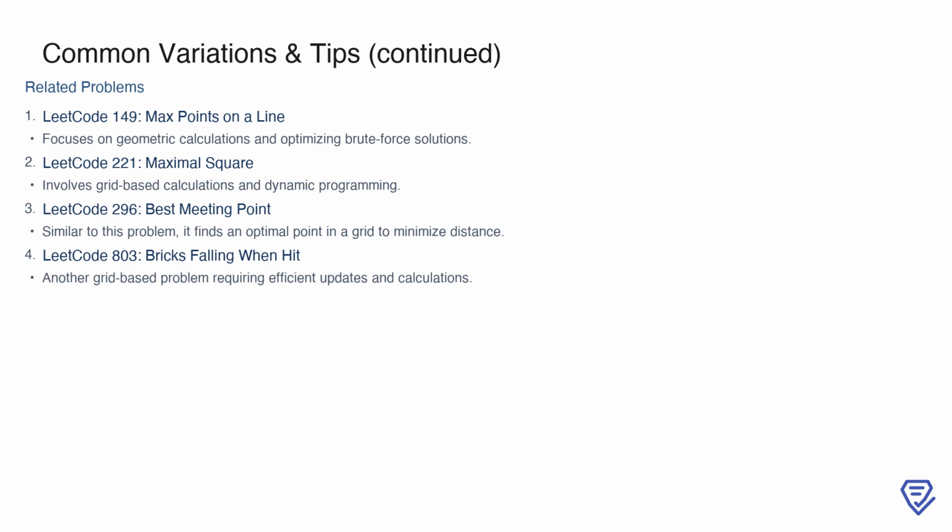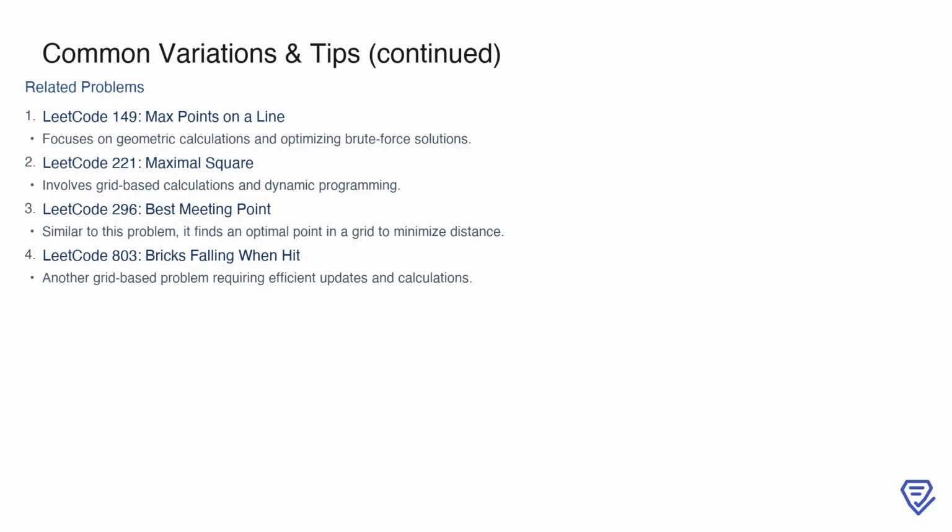For instance, LeetCode 149, Max Points on a Line, involves geometric calculations and optimizing brute force solutions, which aligns with some of the challenges here. Similarly, LeetCode 221, Maximal Square, focuses on grid-based calculations and dynamic programming, so it's another good problem to practice for building intuition with grids. LeetCode 296, Best Meeting Point, shares a striking similarity to this problem as it also involves